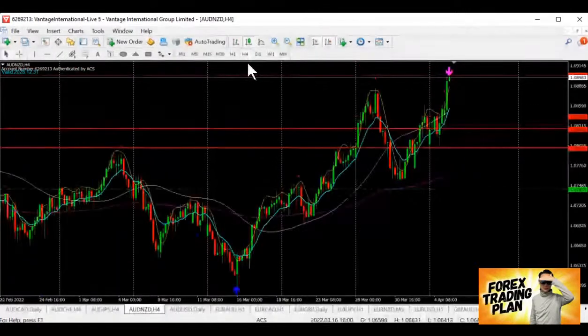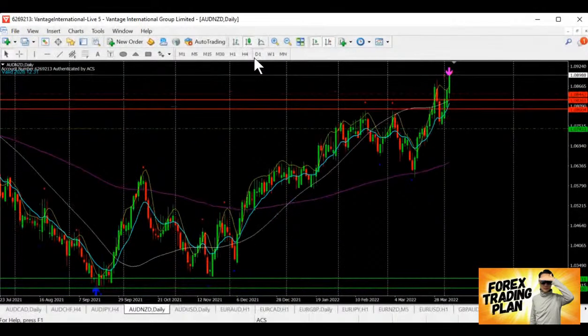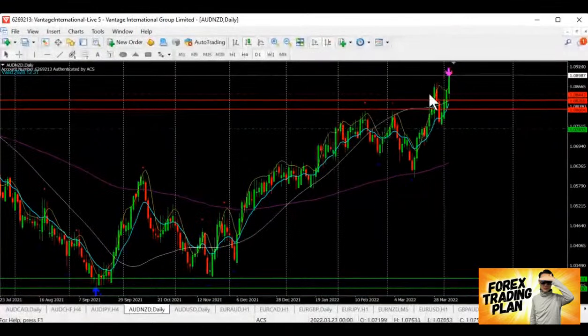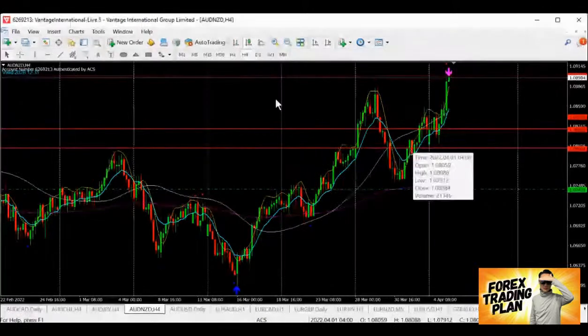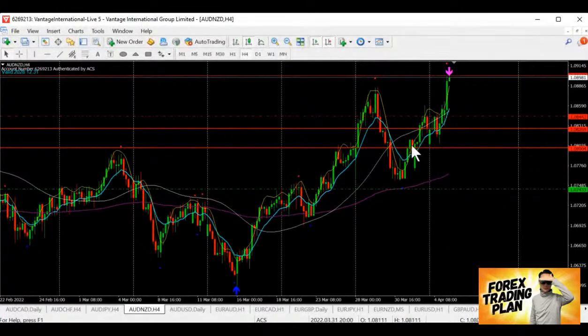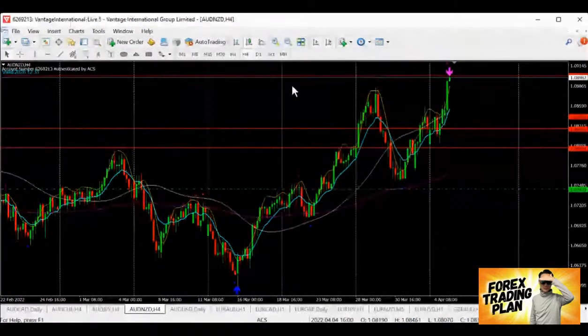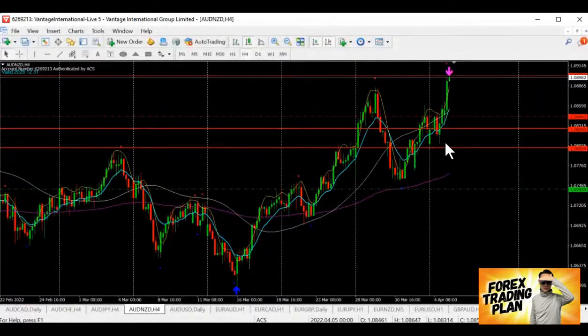Okay, Aussie Kiwi. We have this coming down. So Aussie Kiwi looks good to sell. In the past few days, but now it has gone back to the bear zone, and this is where I also worry. Remember, I told you in this bear zone we have a lot of turbulence, so it may go up, may come down. So end of the day, when we are looking at this,